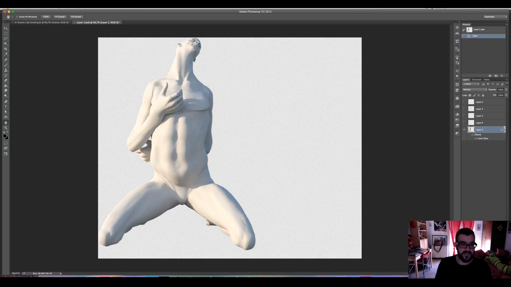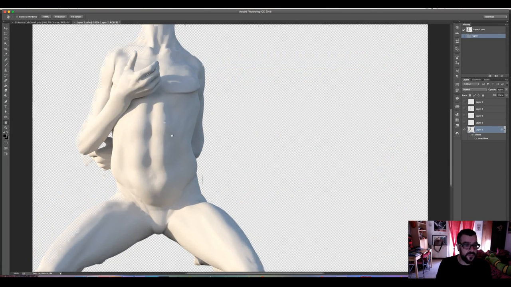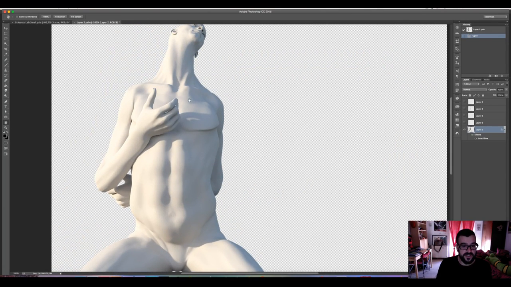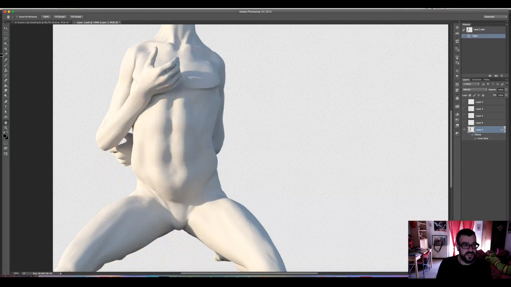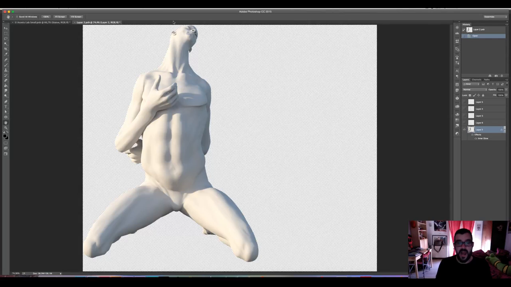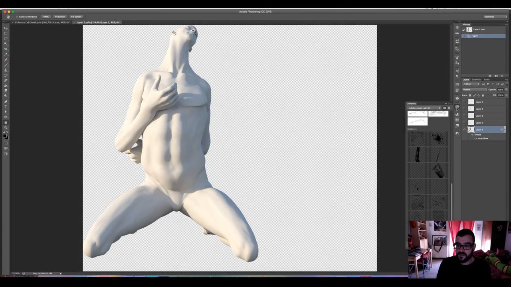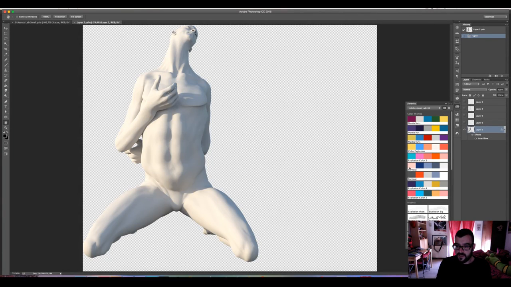How did I fix this? Well, the main render has some issues with hard edges all over the cast shadows, so I fixed that using the clone stamp tool, and then I overpainted it using the Burnout Freeze palette of the color themes from the Adobe Asset Lab.